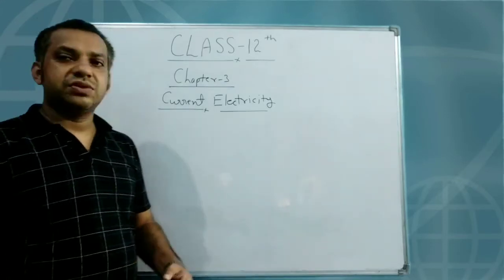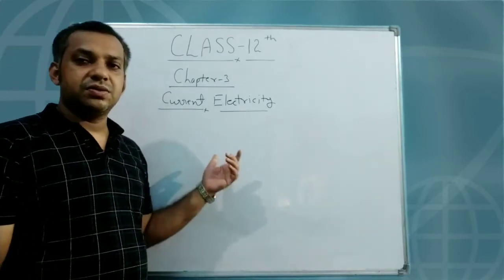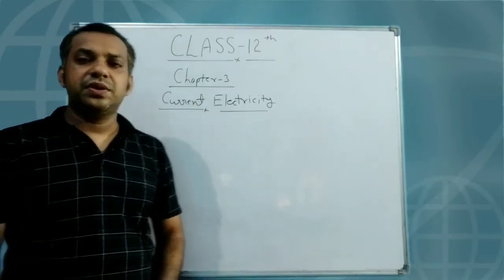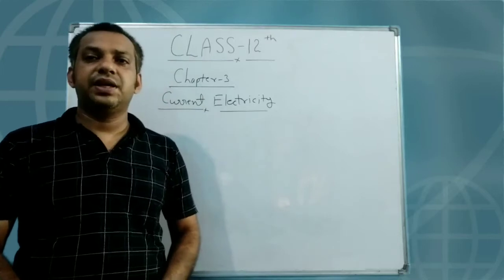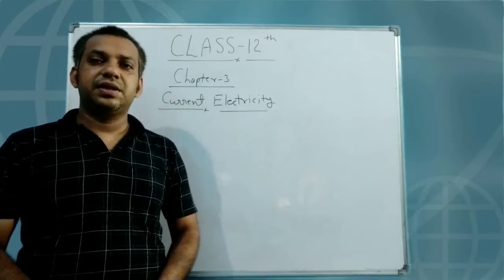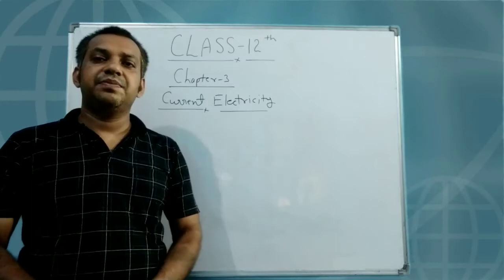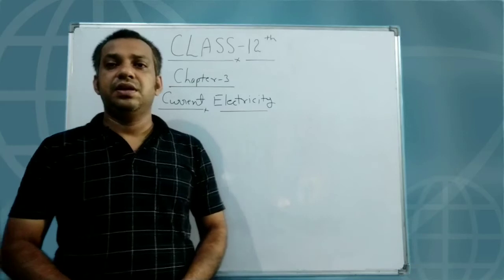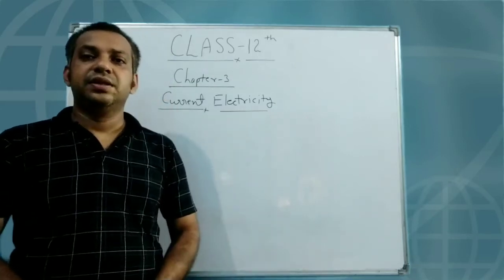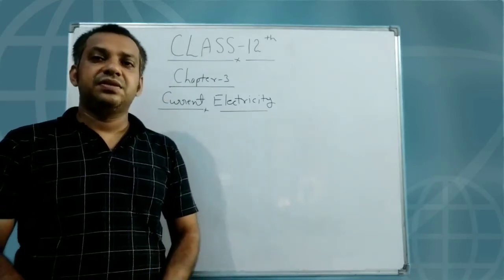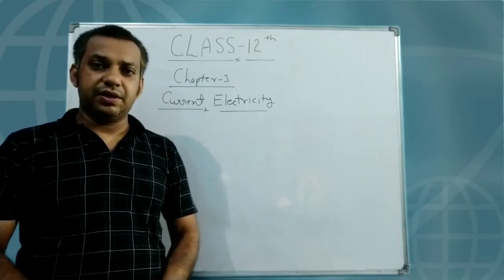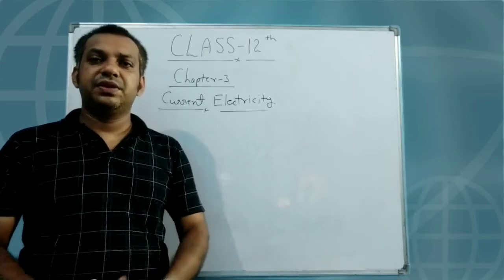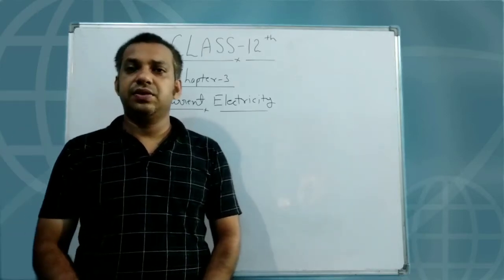So today we are going to start the new chapter and also the new unit, which is chapter 3, current electricity. Current electricity is basically part of electrodynamics. What is electrodynamics? In electrodynamics, the electrons will be in motion. That means the charge will be in motion, while in electrostatics the charge is at rest. This time the charge will be moving, and we are assuming it moves with uniform velocity.